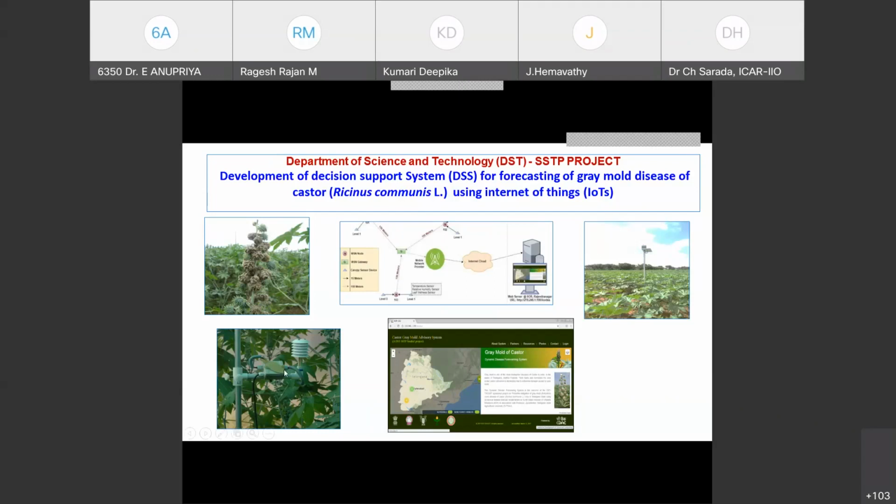As I told, it is highly weather dependent. It depends on the temperature levels, relative humidity, and leaf wetness. So these three sensors we have made into a node, and this was deployed in the fields in our Telangana. Mahabubnagar district is growing this castor. So we have deployed these